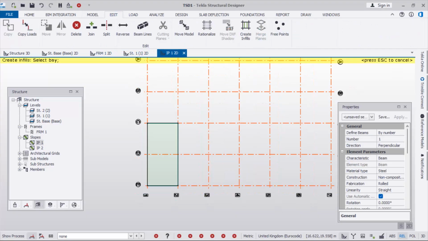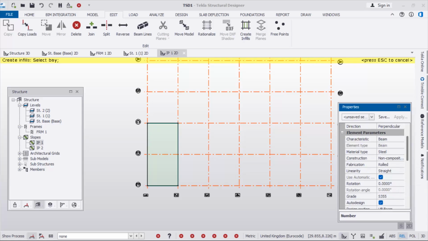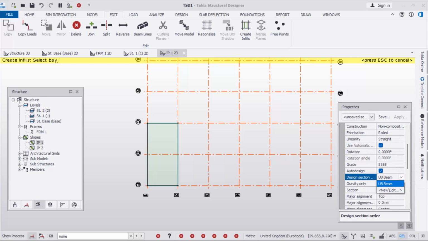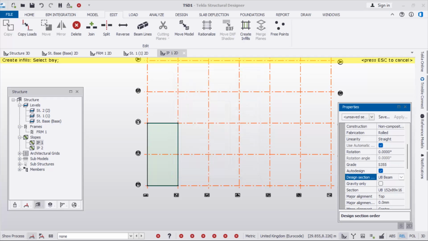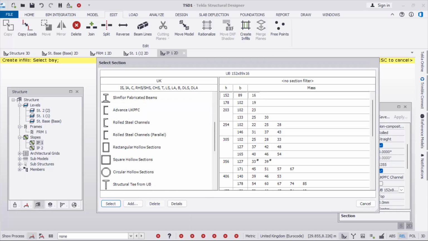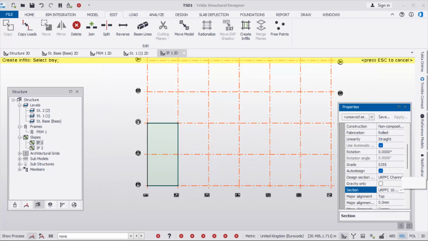And then here we are going to have, this is a 10 meters span from here to here, so we can go with a spacing of 1 meter, so we go by 10. And then we can just come down here and select this kind of a section here, UKPFC, and then we say select, then just come here, select the section size for that section, can go by advanced UKPFC, then you select 100, select, and then after this you can just come here and